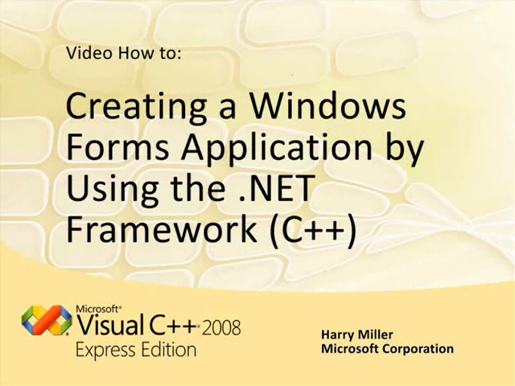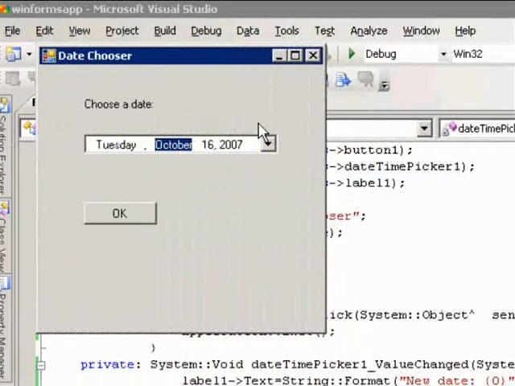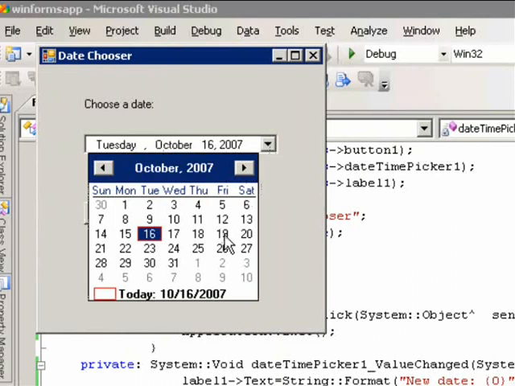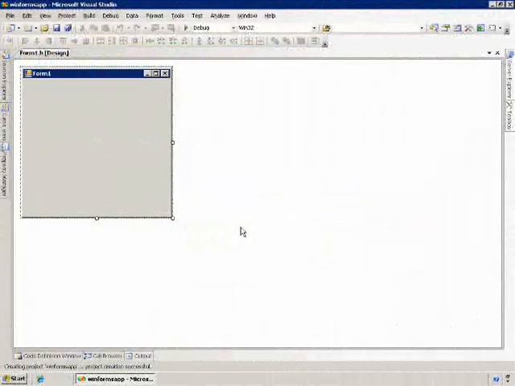I'm Harry Miller. I'm going to show you how to create a Windows Forms application in Visual C++ by using several standard controls from the toolbox. The example application is a date chooser, where a user can select a date, and a text label shows the date that the user selected. Visual Studio opens and displays Form 1, which is the default empty Windows form I'll use as the